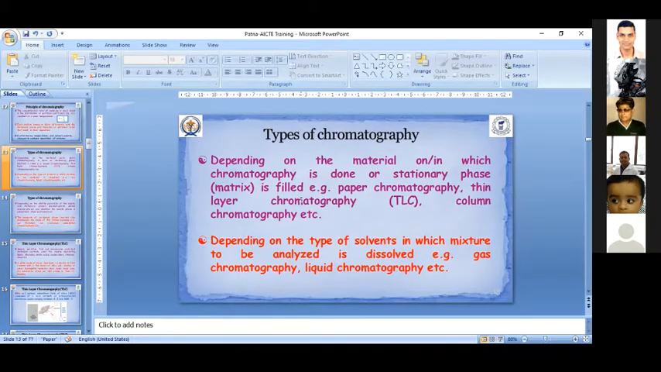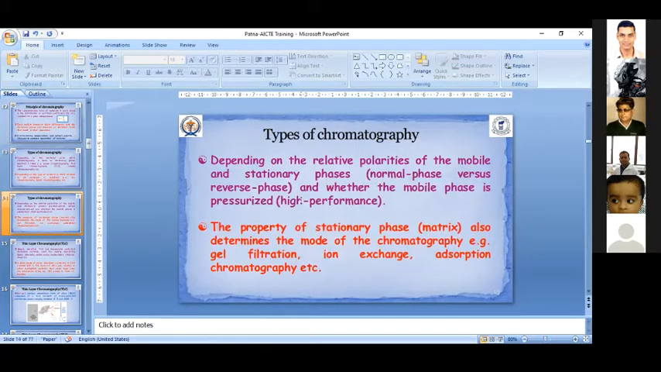through a gas system or column which has inert gases like nitrogen or helium. This nitrogen and helium act as the stationary phase, whereas the vapor acts as the mobile phase. So the difference between liquid and gas chromatography is on the basis of the solvent used for the solubilization of the molecules or mixture to be analyzed. The third type of chromatography